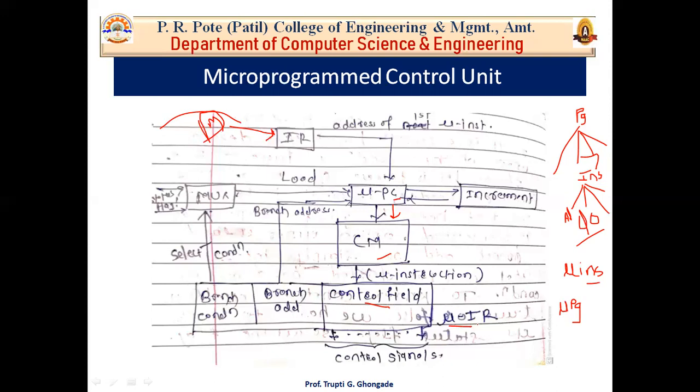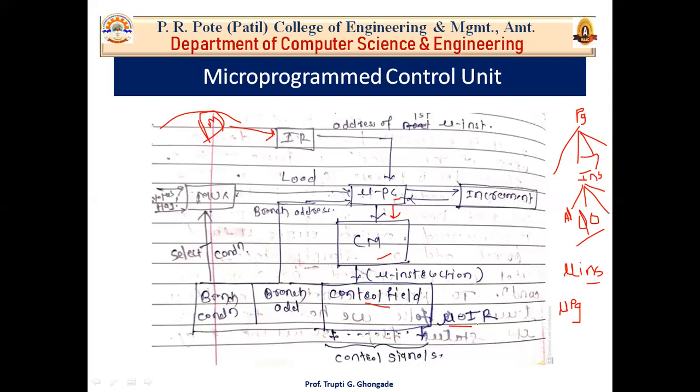If it is unconditional, it is simply jump, that means you have to jump, so the branch address will be used. And if it is conditional, it is something like jump when your condition is satisfied. For example, you are adding something and there is a carry, so if there is a carry, jump to 2000. If there is no carry, simply go to 1001. I'm giving you an example, that type of conditional jump will be there. Otherwise, simply increment.